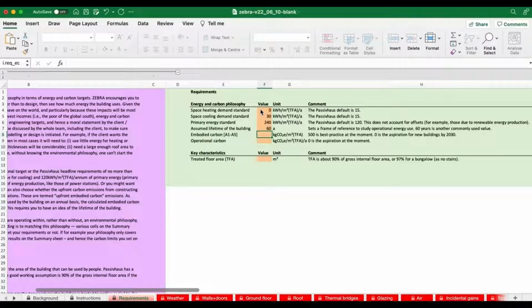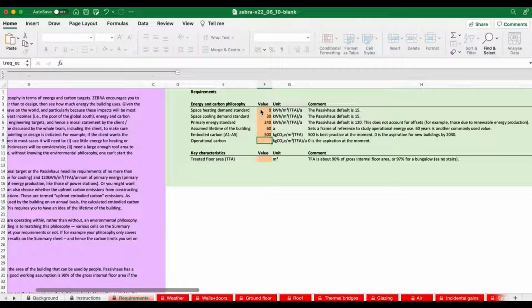Now, best practice is about 500 kilograms of CO2 equivalent per meter squared of treated floor area. So that's quite a lot. So imagine you're building each meter squared, you've got half a ton of CO2 emitted in the manufacture of the concrete and the metal and the glass and everything. So we're going to go for best practice there and go for 500.